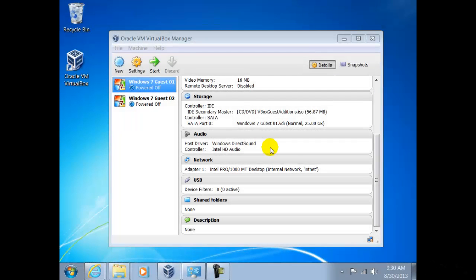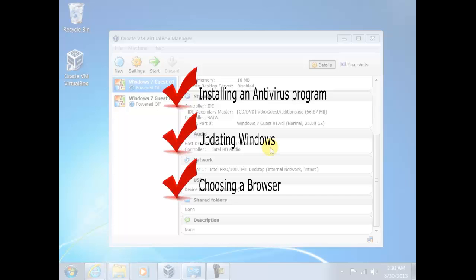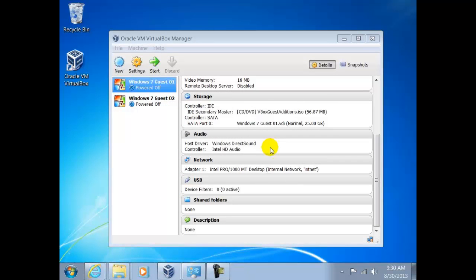Here in this next video lesson we shall look at post Windows. These are tasks that should be concluded after a fresh installation of Windows that has been activated. These include installing an antivirus program, updating Windows, choosing a browser. We shall be using the VirtualBox application during this video, so the first thing you should do is install the